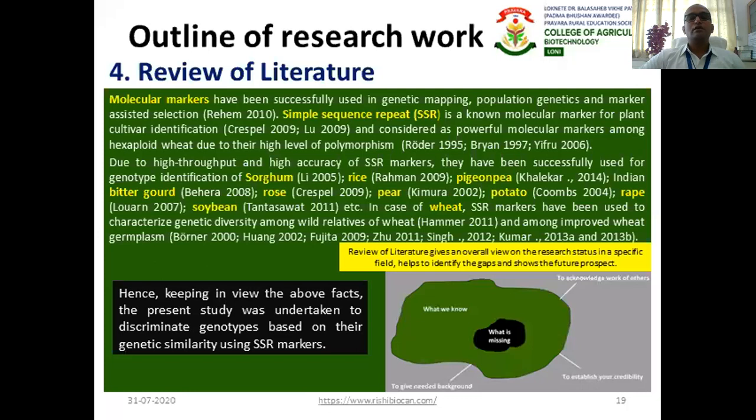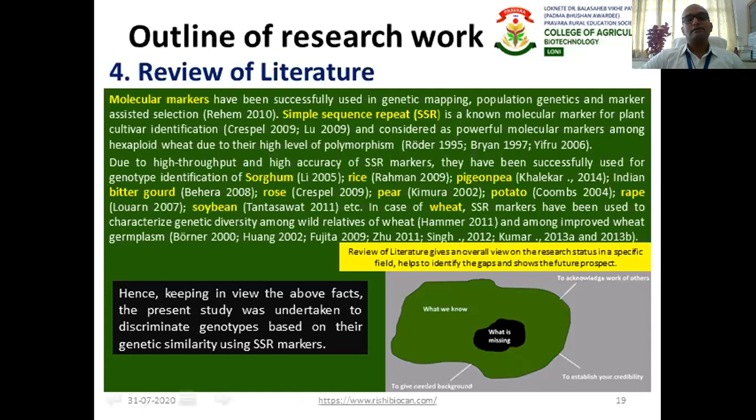So in short, a literature review gives a summary of the research done. It finds out the gaps in the research which has been done, and it finds out the opportunities for you to do the research.